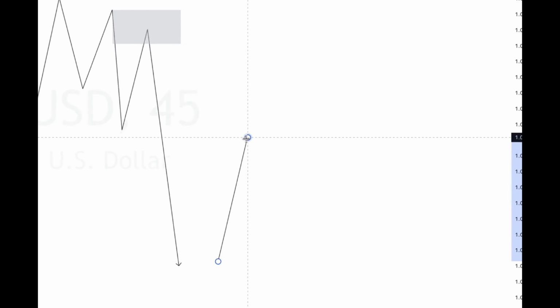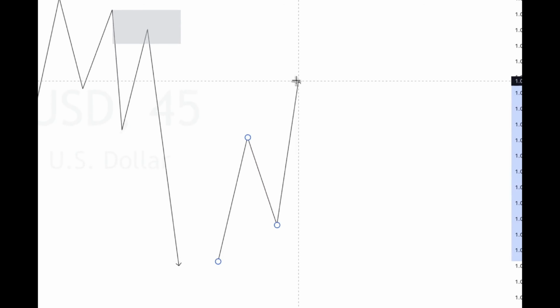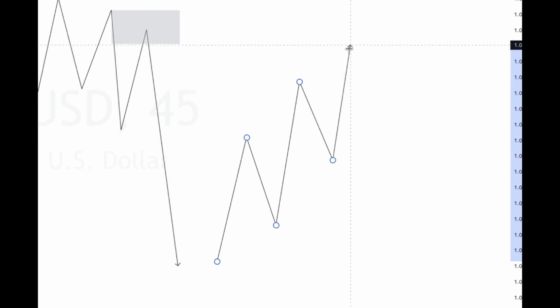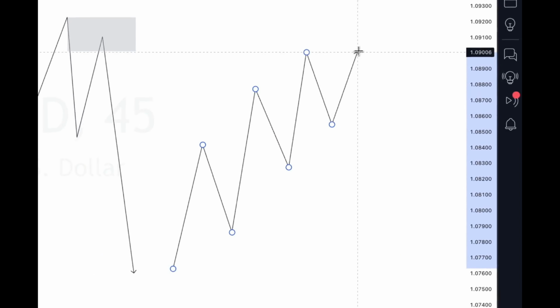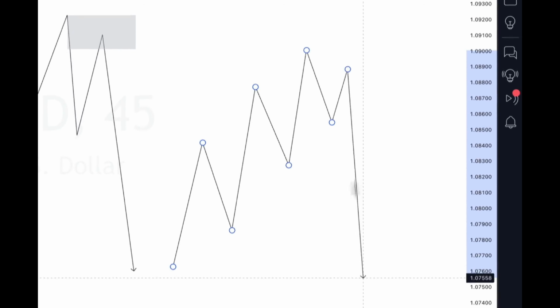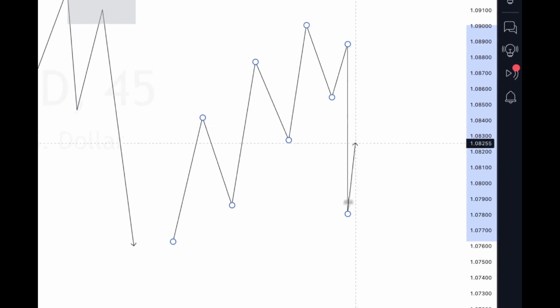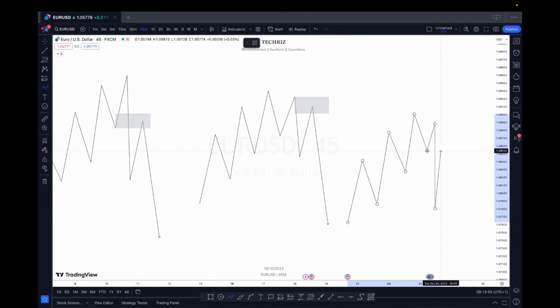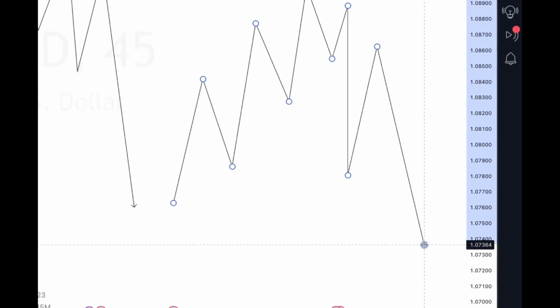It can come in a mitigation block form, but what differentiates it is when there is an expansion. Like I said, when there is an expansion in a failed swing, then you can treat it like a mitigation block. So when there's an expansion here, you just take your orders from anywhere here, and then boom,